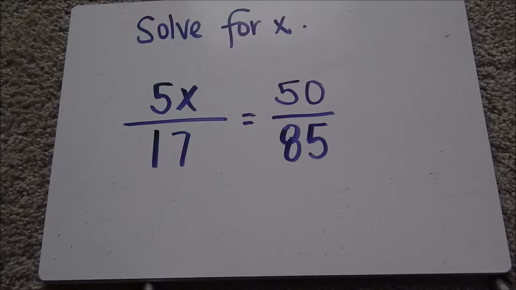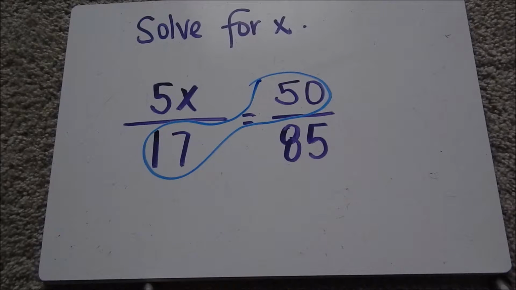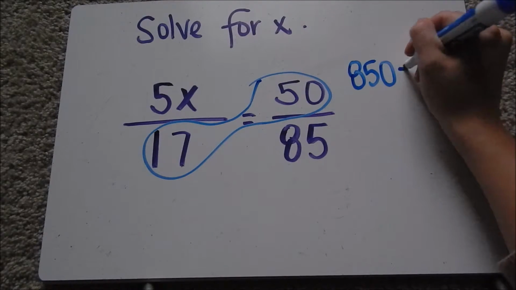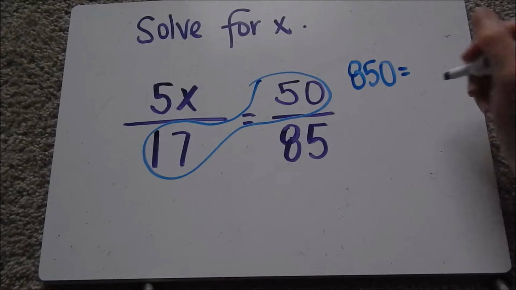In our next example, again, we're going to solve for x. This proportion is actually already set up in fraction form, so we can just go ahead and cross multiply. 17 times 50 first, we get 850. Bring your equal sign over. Then we have 85 times 5x,